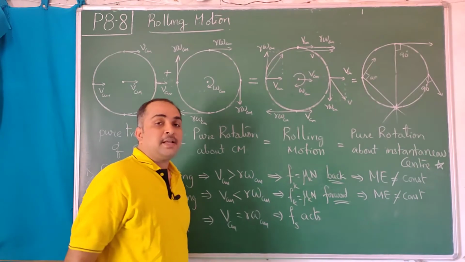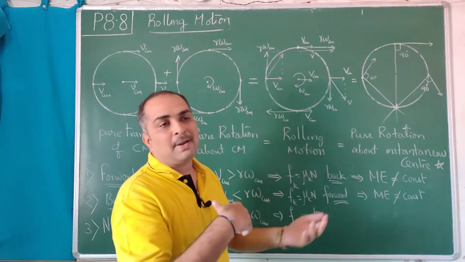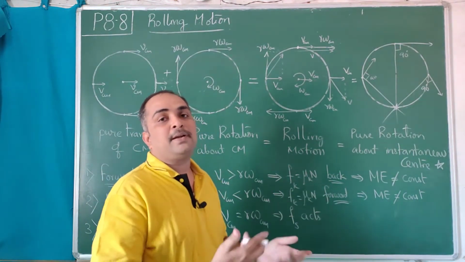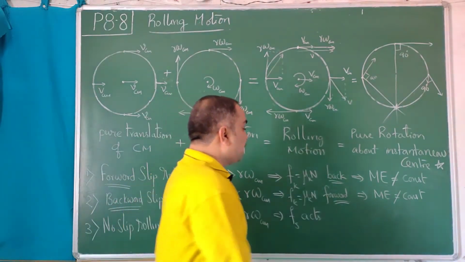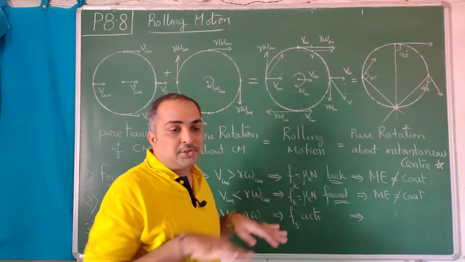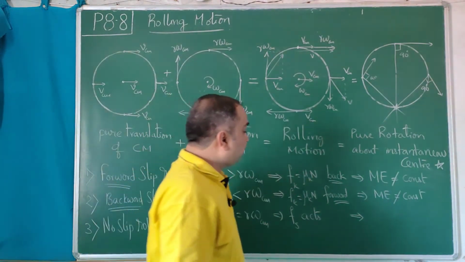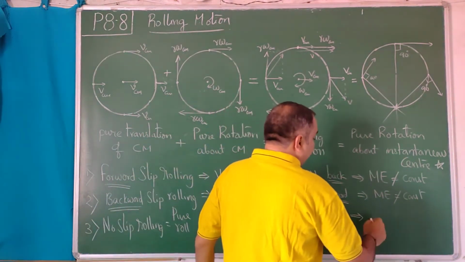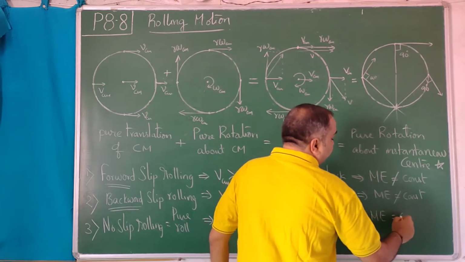Static friction acts, and its direction now you cannot predict. You can take either forward or backward, take it and do the calculation. Finally, depending on the net applied force, you will get that value. So don't try to give a value to static friction. Unless you know tangentially applied forces, we cannot comment upon static friction. Mechanical energy this time is conserved.